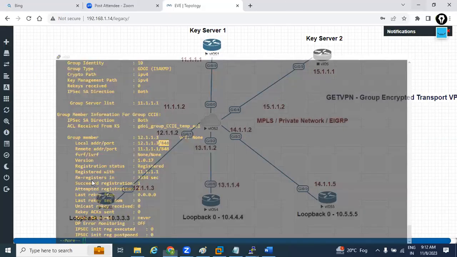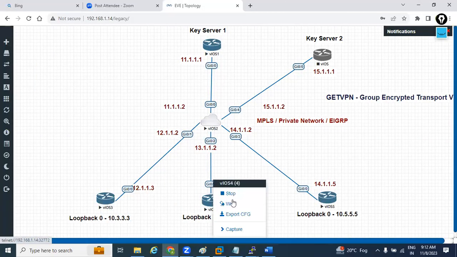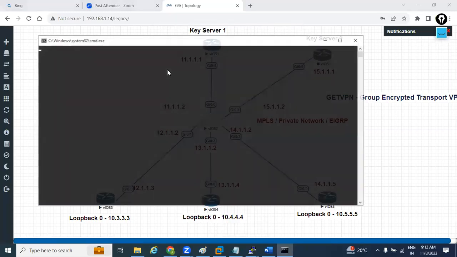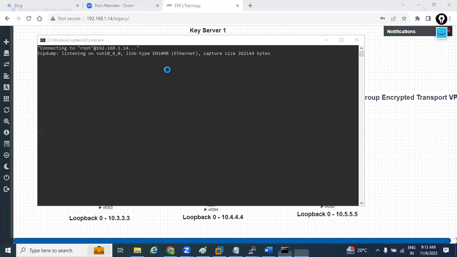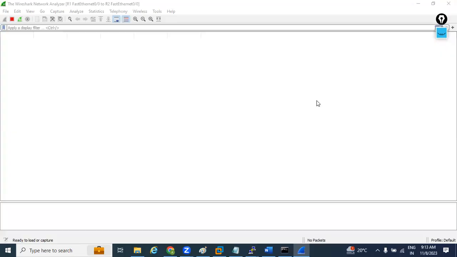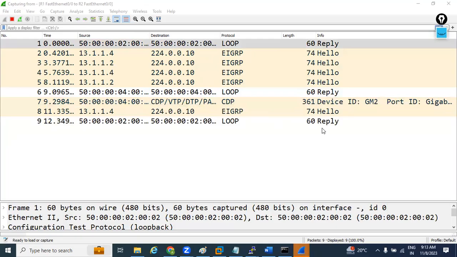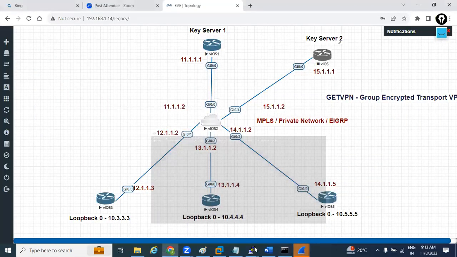Let me enable the capture. So I'll enable the capture here because we haven't registered here. Let me enable the captures here. Yeah, this is only. Okay. So after this,